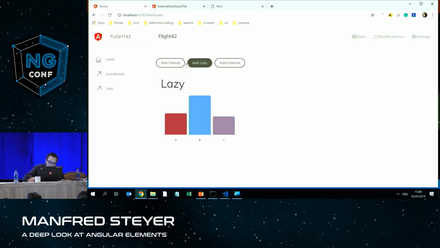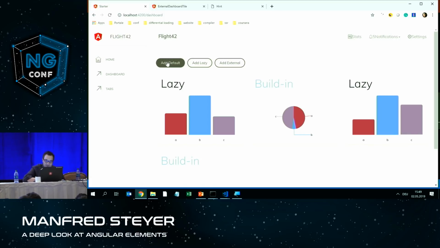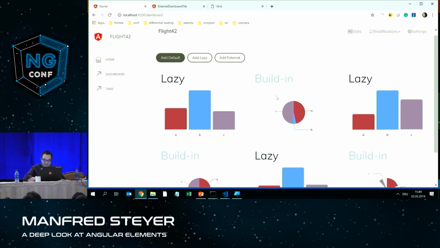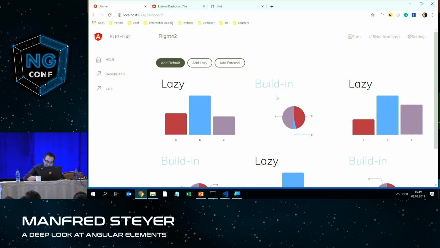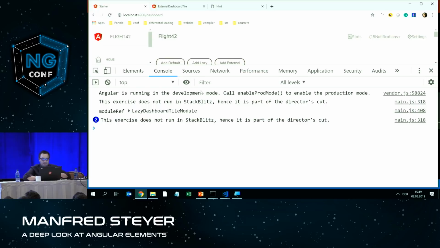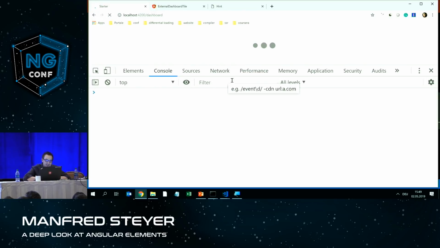I'm really happy. We see it's another kind of diagram. Nice, I could do this the whole day. Have you seen this animation? I'm really proud of it. And just to prove that lazy loading takes place here,